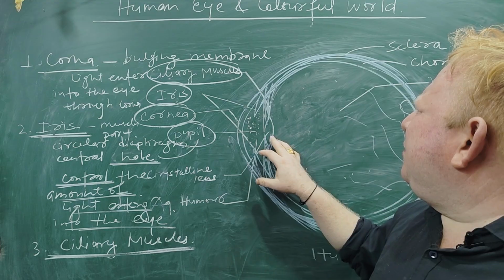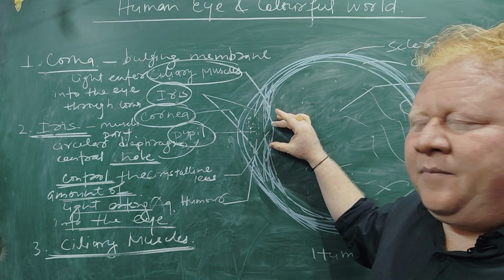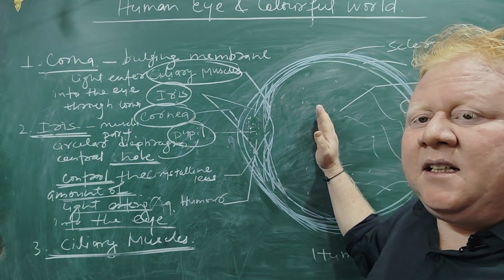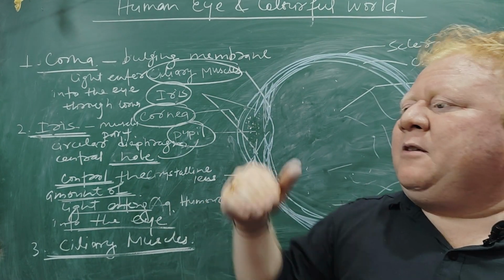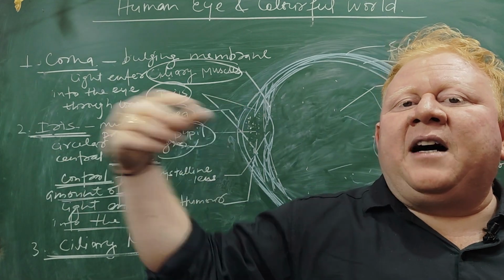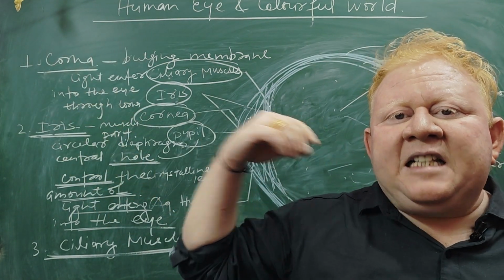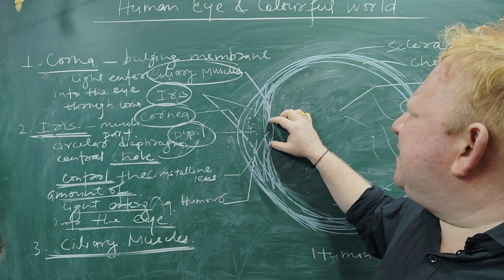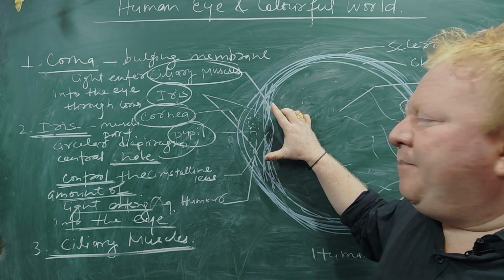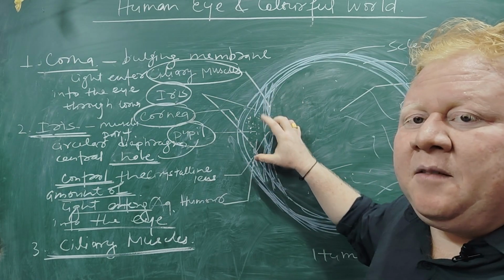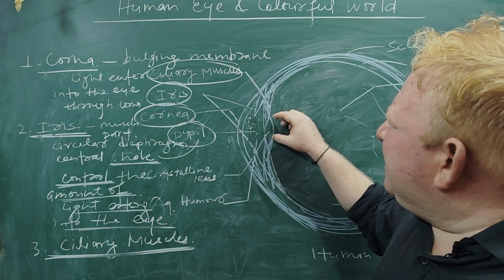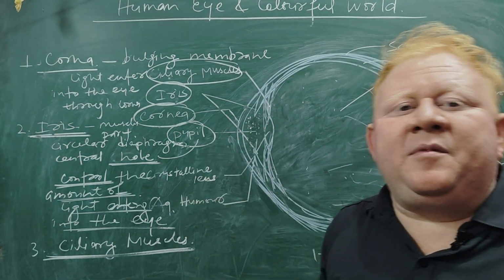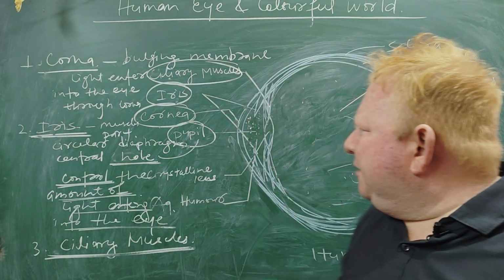See, for a near object, this lens becomes thicker due to contraction of the ciliary muscle, and the focal length decreases, and hence we see the object. But when the object is placed very far, I mean for a distant object, this lens becomes thin. This time the ciliary muscle becomes relaxed, because of this the lens becomes thin, and hence the focal length increases, and we see the object clearly. So remember everyone,